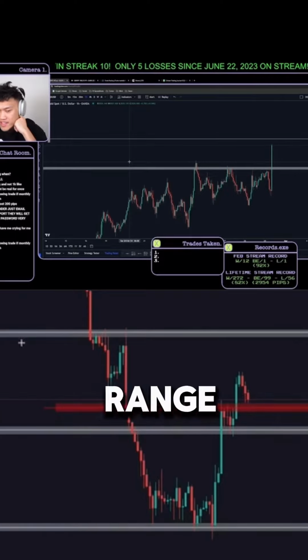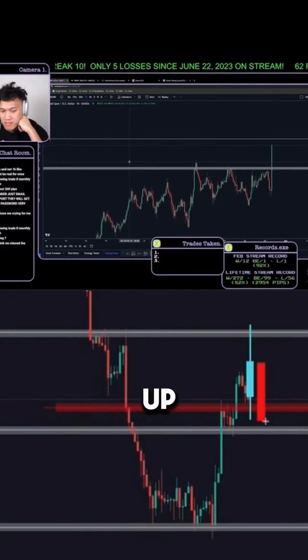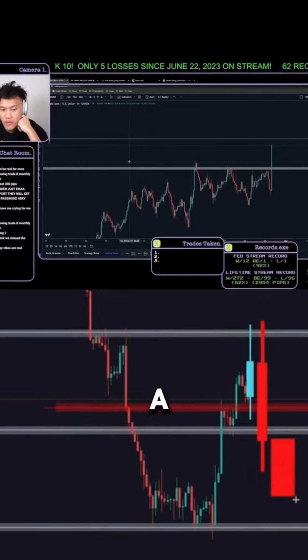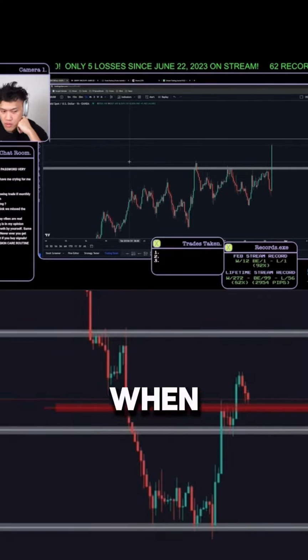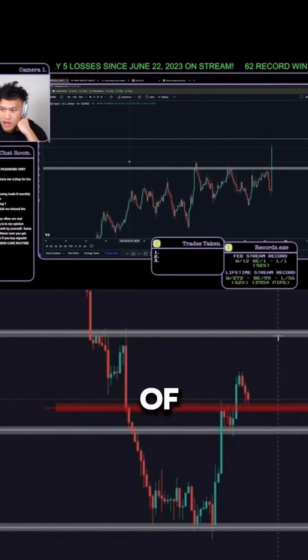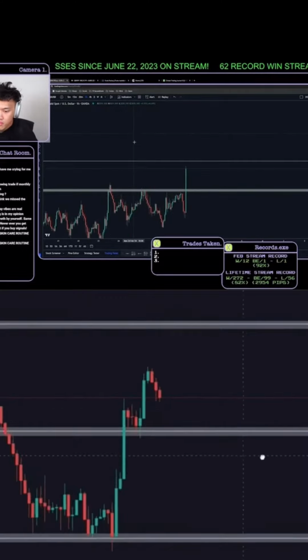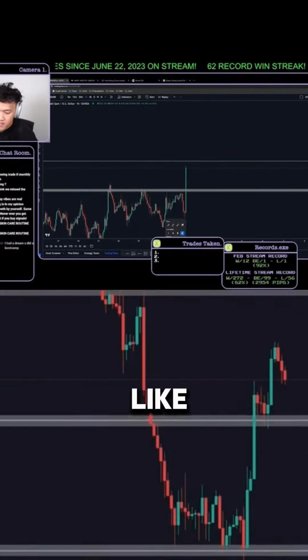And when you have no range, you also have no range to drive, which means the probability of you driving up is a little lower than if you were to have a wick. When you have a wick, you have a range to fill. When you fill the range, you're likely going to continue passing and filling and breaking out of that range, right? We've drawn this concept a lot of times already, but for instance,